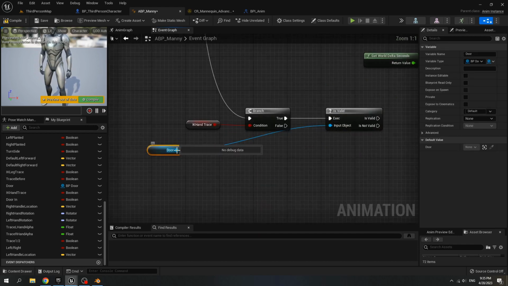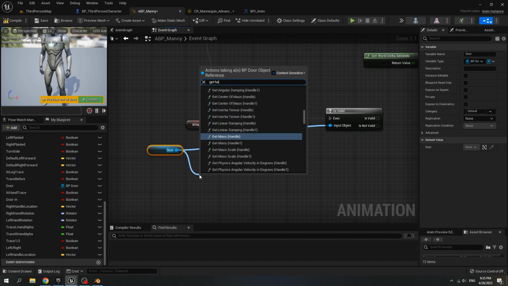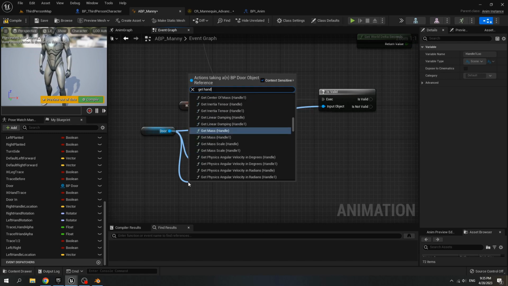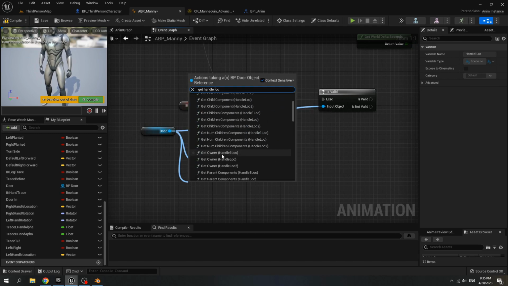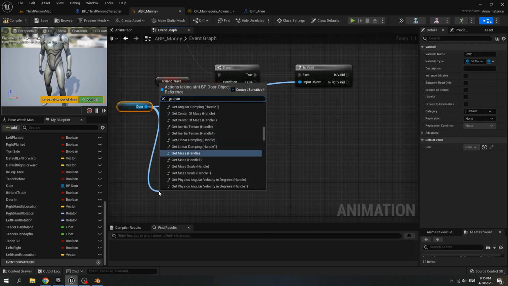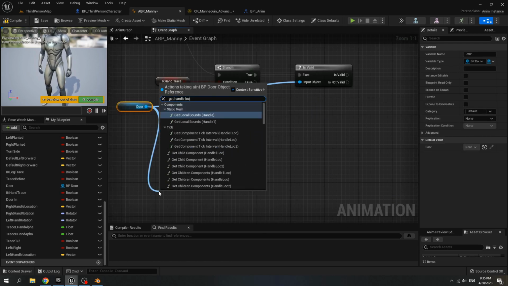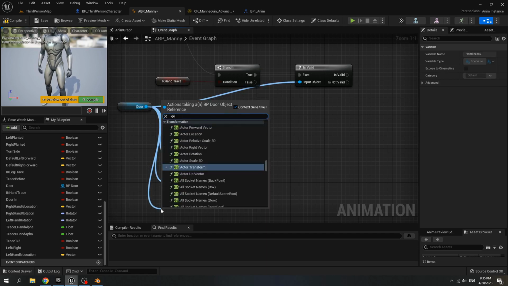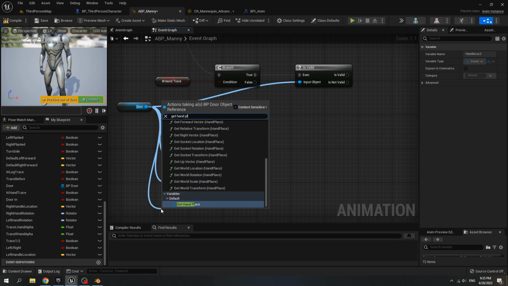For the door, get handle 1 location, call get handle location. Scroll down, get handle location 2, and another one is get hand place.